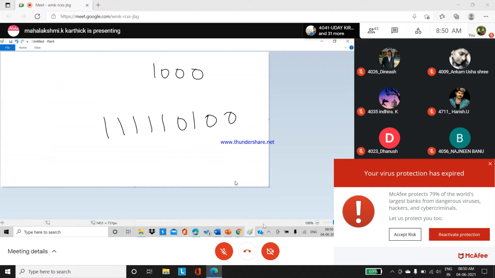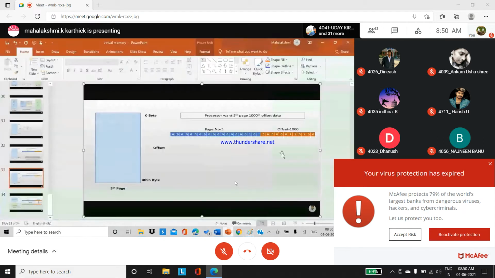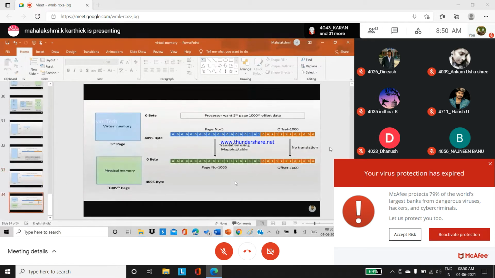If you see here, refer to this. Here, how they have represented this 1000, you have to understand. Address translation, default 1000: 00010, remaining 5 zeros here.